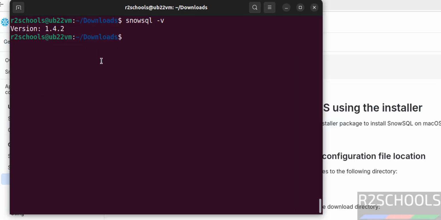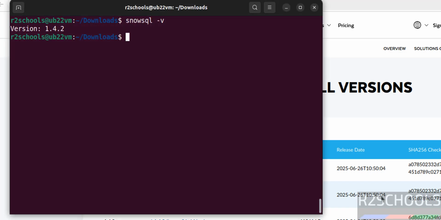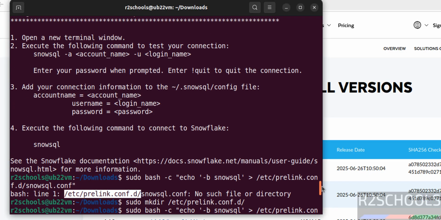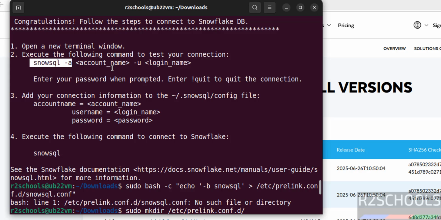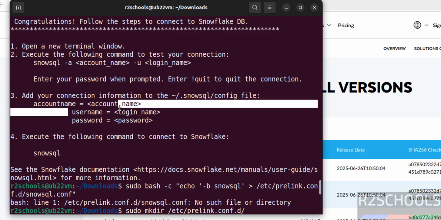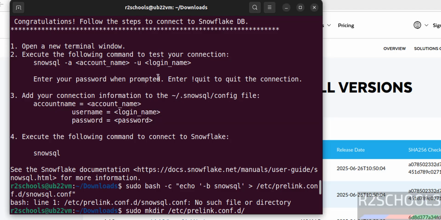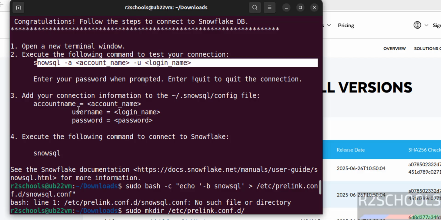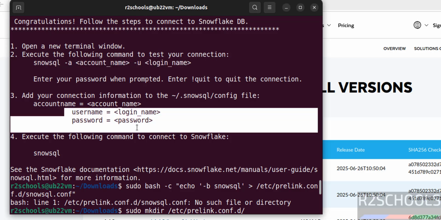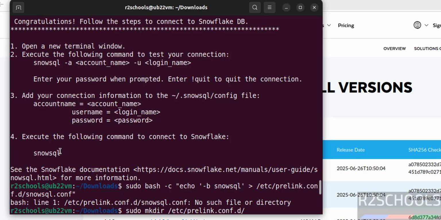Okay, now connect to Snowflake by using SnowSQL. See here they have given the command. This is the command to execute, and these three parameters we have to set in this config file first. I will show you first how to connect by using this SnowSQL command. Then we will configure SnowSQL. After that, no need to give the username and login name. First connect by using the first method, that is snowsql